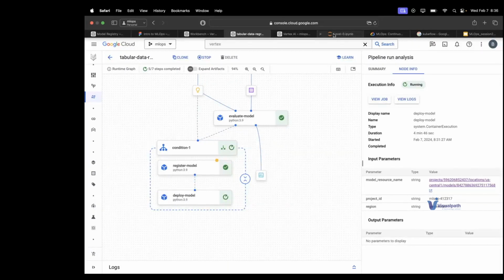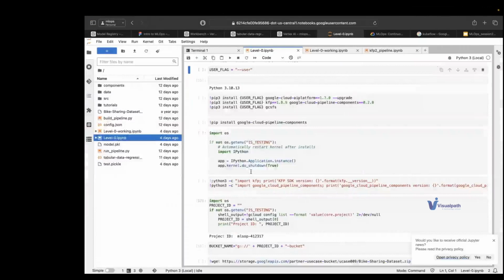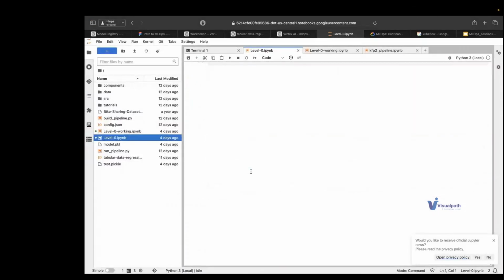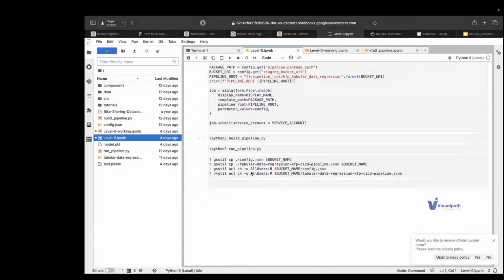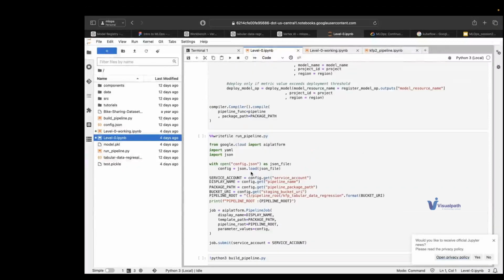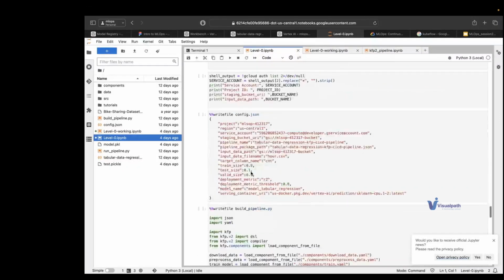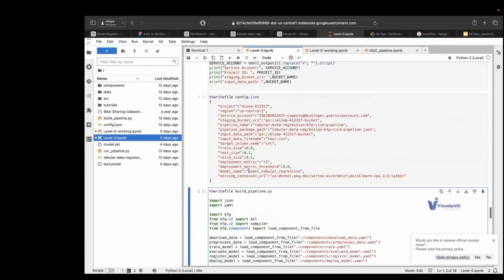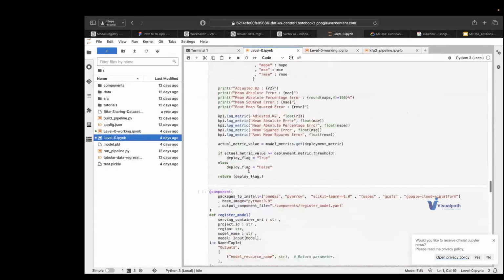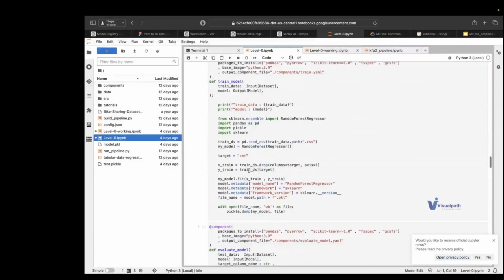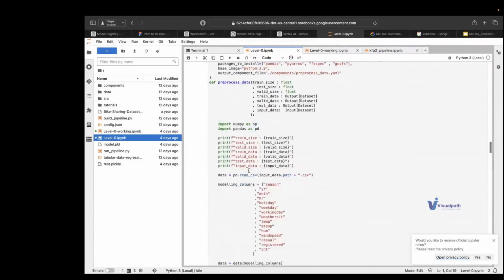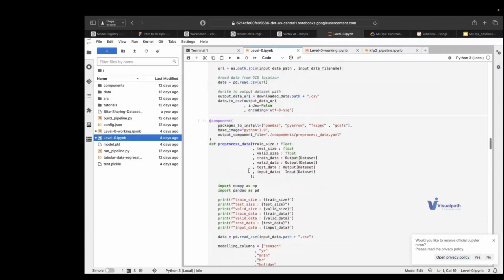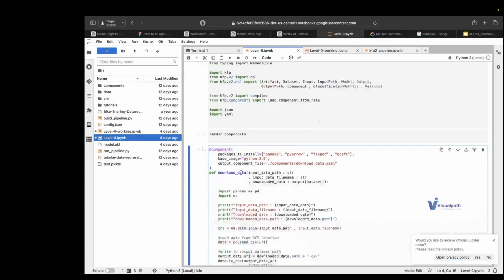I can show you, one second. So this is the code behind it. This is a build pipeline Python script. Are we creating the code and then seeing those components, or are we building the components directly, and behind it the code is written?